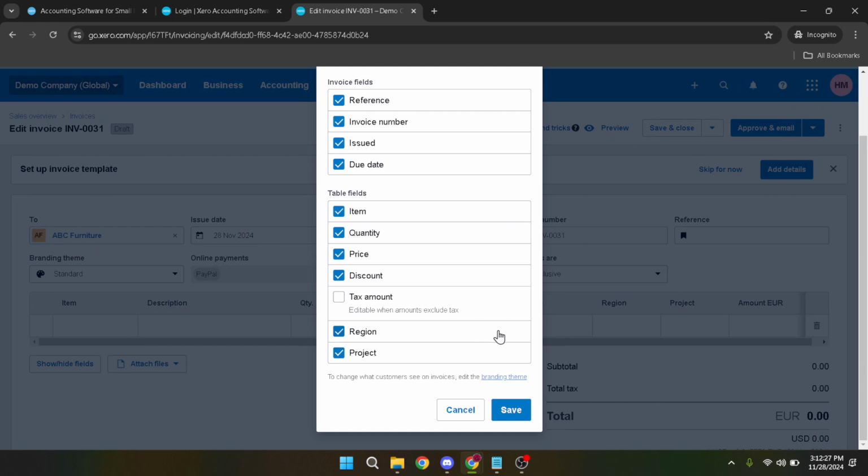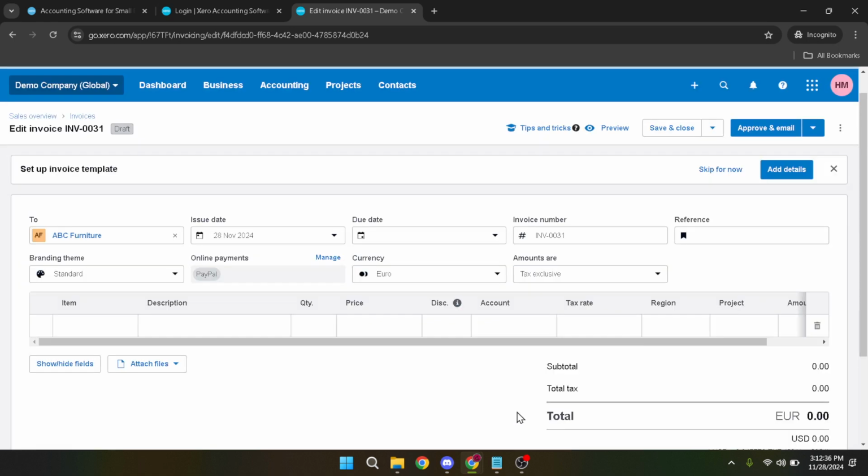Once you've checked the discount option, you'll notice that the invoice now allows for discount inputs either in percentage or fixed amount terms, depending on your preference or the agreement with your client. After applying the desired discount, it's crucial to save your changes to preserve this adjustment. Look for the Save button, typically located at the bottom or the top right corner of the page. Clicking this will update the invoice with the discount displayed, ensuring that your client sees the deduction clearly when reviewing